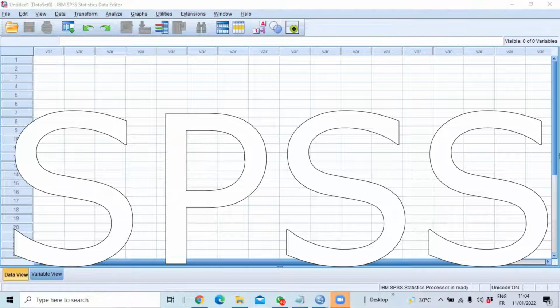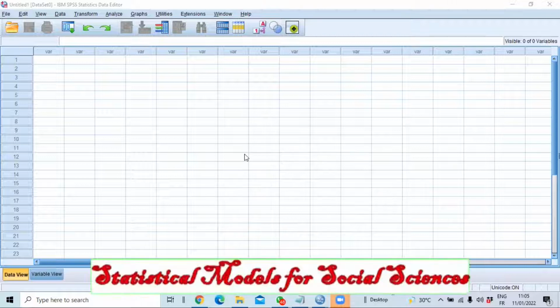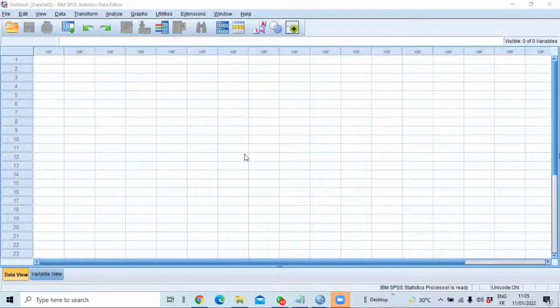So what is SPSS? SPSS is an acronym that stands for Statistical Package for Social Sciences. It is a versatile and expansive program designed to perform a range of statistical procedures. SPSS software is widely used in a range of disciplines like social sciences, economics, demographics, and many other